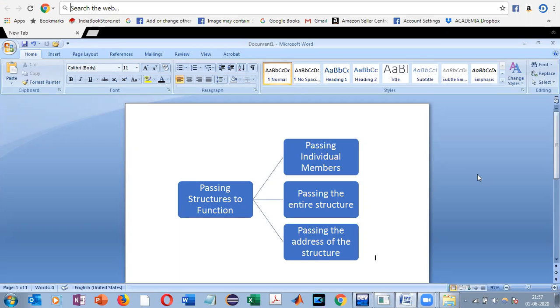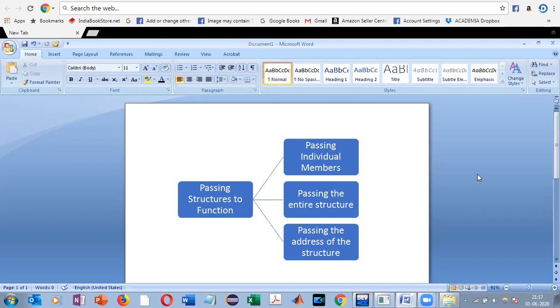For example, if I'm going to write a program which calculates the area of a circle, I could write it directly in the main. Or I could make a function which specifically calculates the area of the circle, return a value to main, and print the result accordingly. So a function is like a black box which takes some data from the main and returns a value.